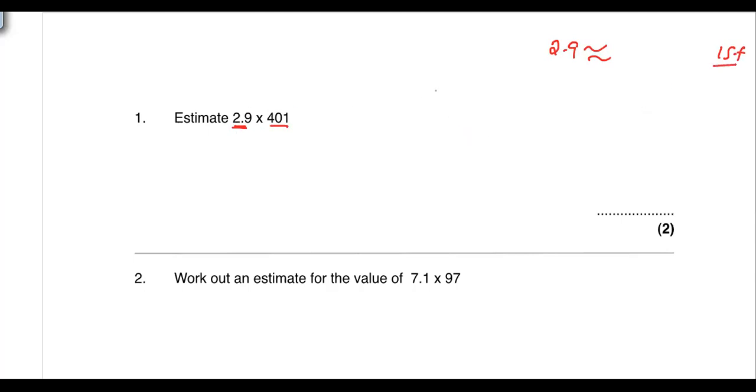For example, this is 2.9. When I round 2.9 to one significant figure, this is the first significant figure, so I have to leave this one. Before leaving, this is 9, so it will add 1 here. So to one significant figure, it will be 3. Now, if I have to round 401 to one significant figure, the first significant figure is 4. But to keep the magnitude, the remaining digits of the whole part, we make 0. So it will be 400.